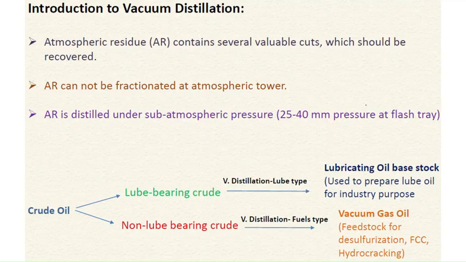So the reason why we need vacuum distillation is that we can only heat the crude oil up to a definite temperature. If you heat it far beyond the limit, obviously, as I have also told in the starting slides, there is a definite temperature range for processing crude oil. So in that boiling range only we can process our crude oil. After that, what will happen if you heat it beyond that?